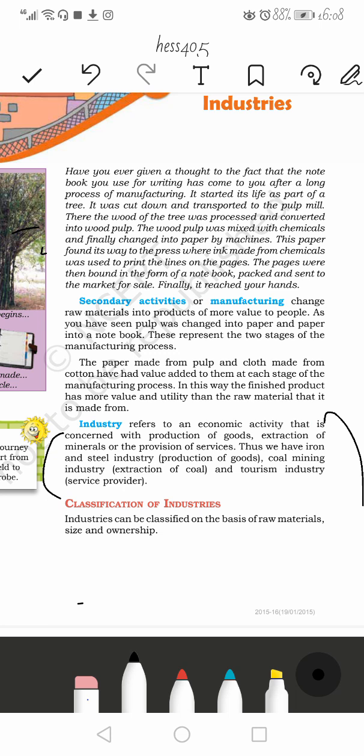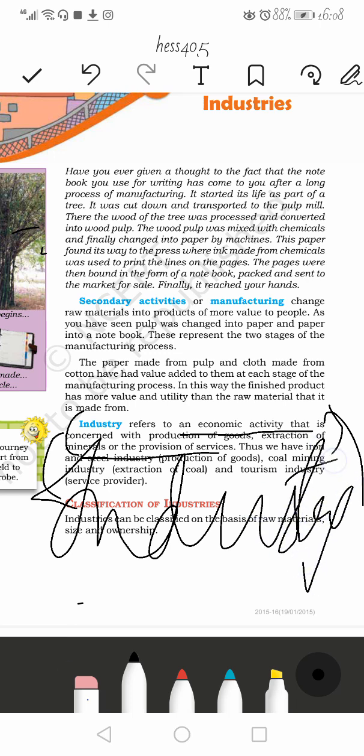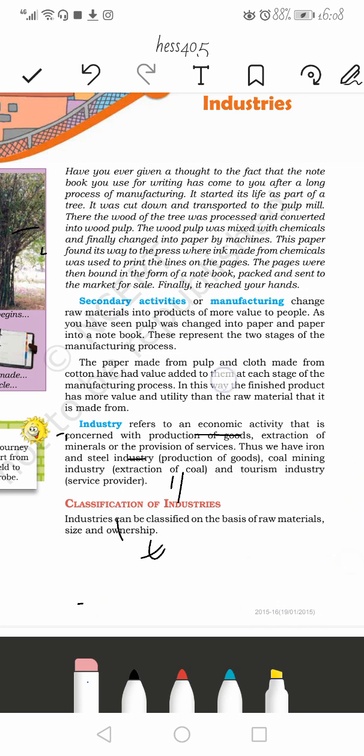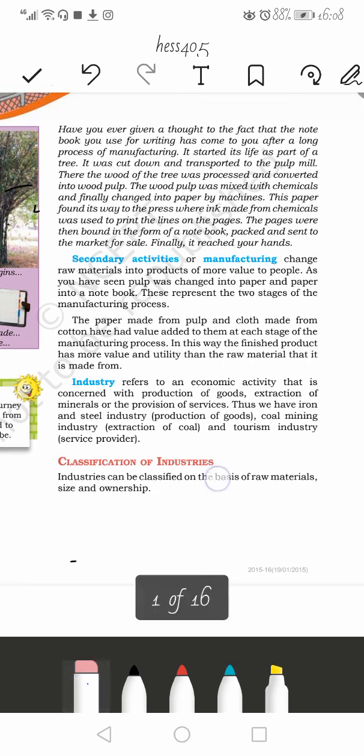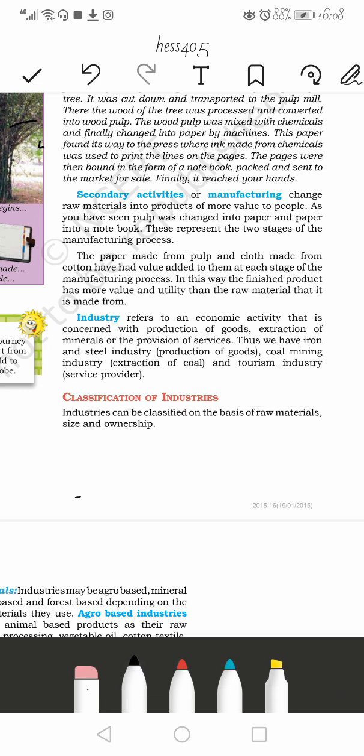So this paragraph now. Industry refers to an economic activity that is concerned with the production of goods, extraction of minerals, or provision of services. Remember this. This is the definition of industry. Okay, so industry refers to an economic activity that is concerned with the production of goods, extraction of minerals, and provision of services. Okay, let's move on to classification of industries. Industries can be classified on the basis of